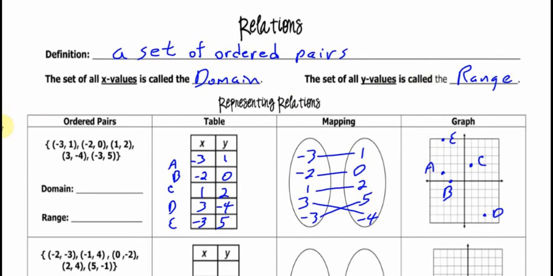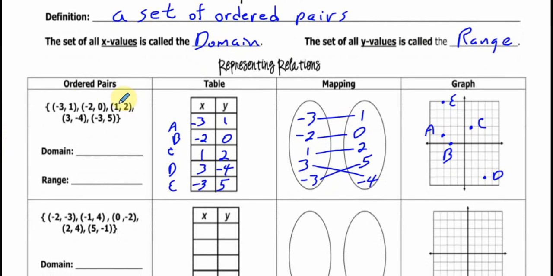Right? So you can see here, we've got this relation written as an ordered pair. And then I've got it transferred to a table, and I've got mapping and graph. So you see -3, 1 here is an ordered pair. In the table, I have -3, 1. In mapping, I have -3 in the x bubble and 1 in the y bubble. There's nothing wrong if you label this as your x bubble and your y bubble. It's just a table